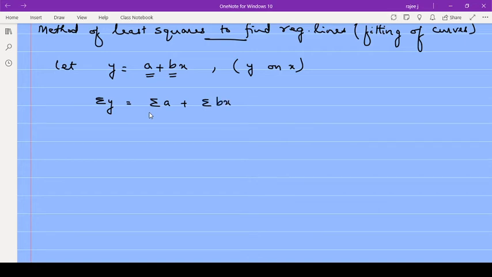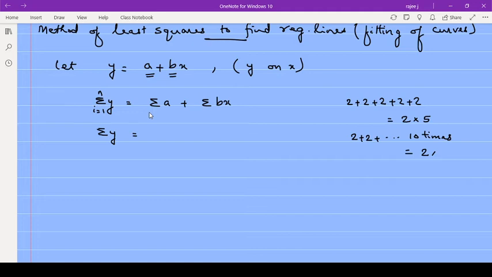Now sigma y is equal to, see, we are adding a n times. Summation here, obviously this is discrete data, so i equal to 1 to n. We are adding a n times. Suppose we are adding 2 five times, 2 plus 2 plus 2 plus 2 plus 2. Instead of writing like this, we will write 2 into 5, because we are adding it 5 times. If you are adding 10 times, instead we will write 2 into 10, isn't it?